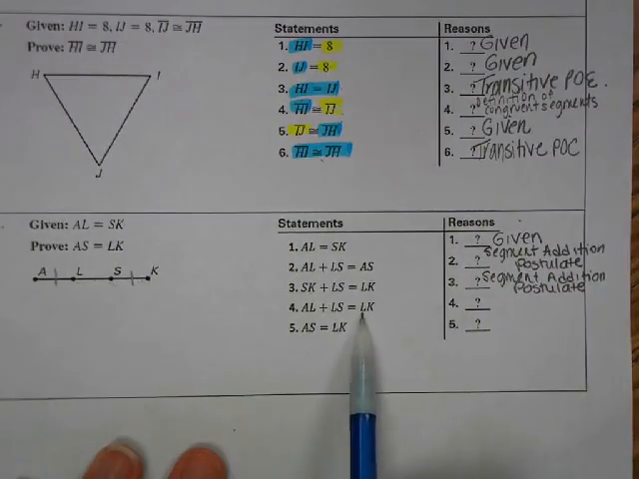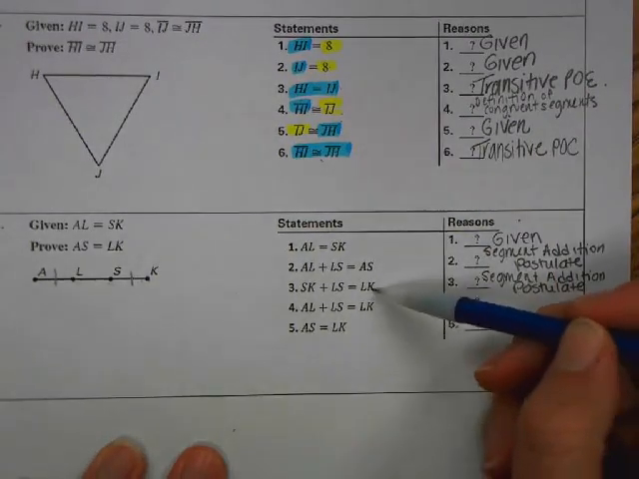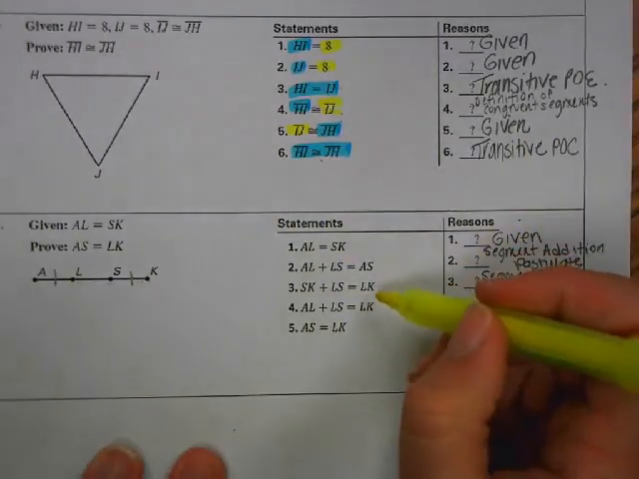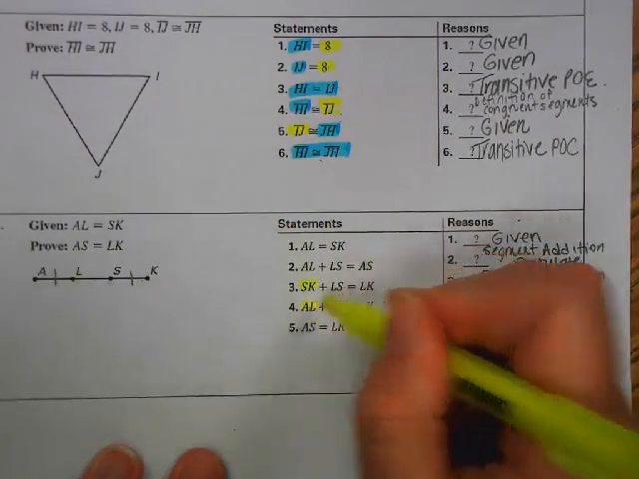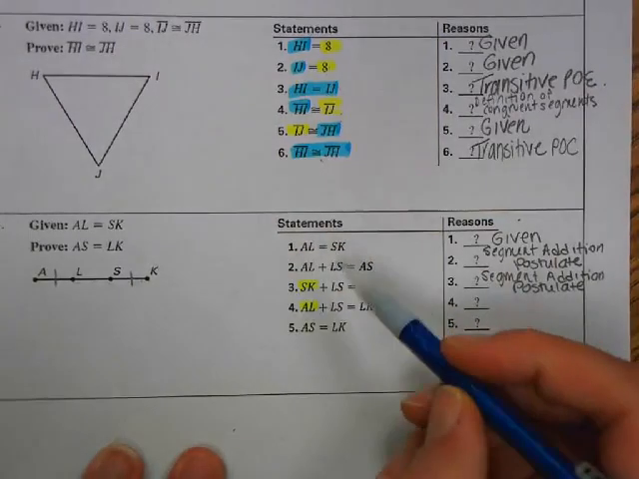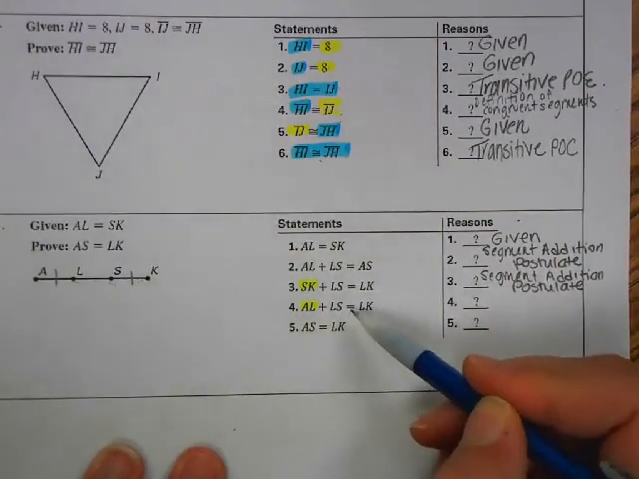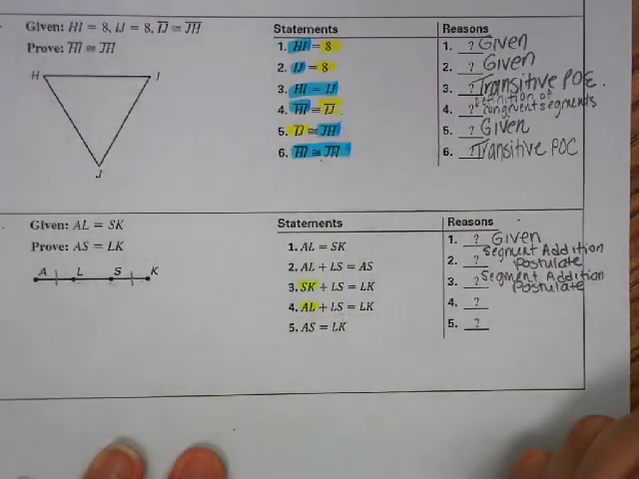Then it looks like the only thing different between step 3 and step 4 is the very first piece. So LS is in the same,